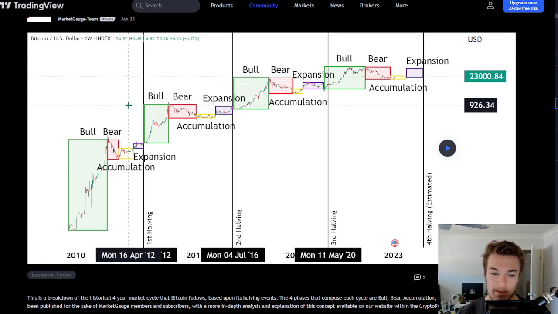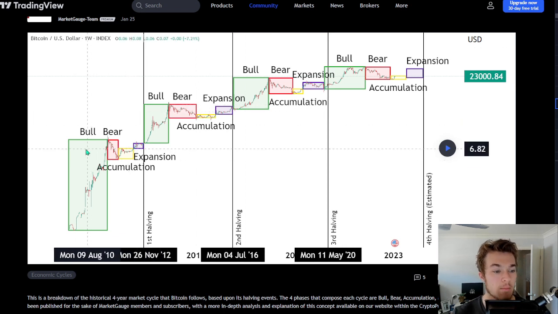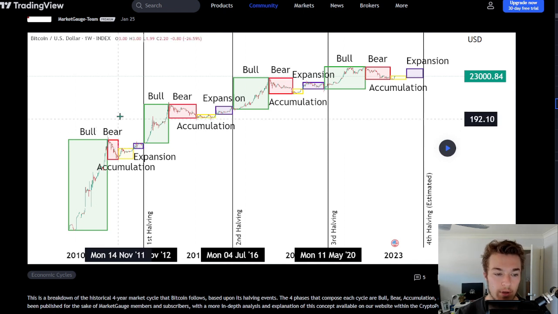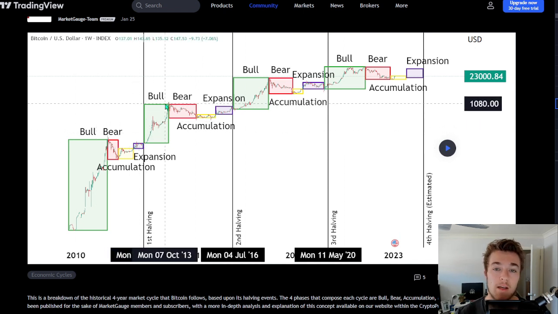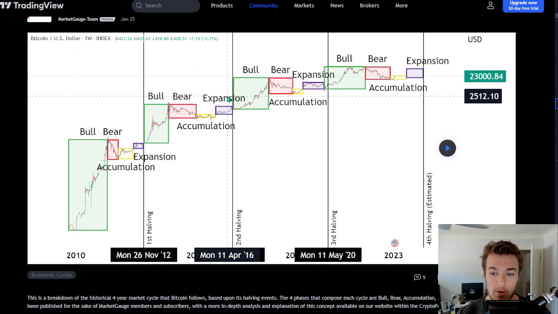And the person who's made this chart, I didn't make this chart, but you can see here they've kind of broken each year down into a different part of the 4-year cycle, where we've got a bull market, a bear market, which comes into accumulation, expansion, and then rinse and repeat. So that's pretty well the very simple